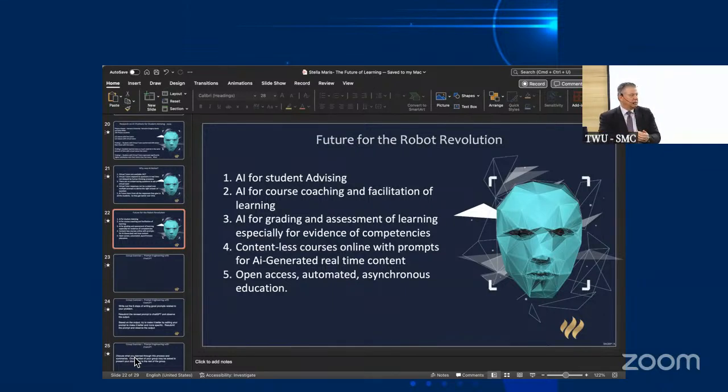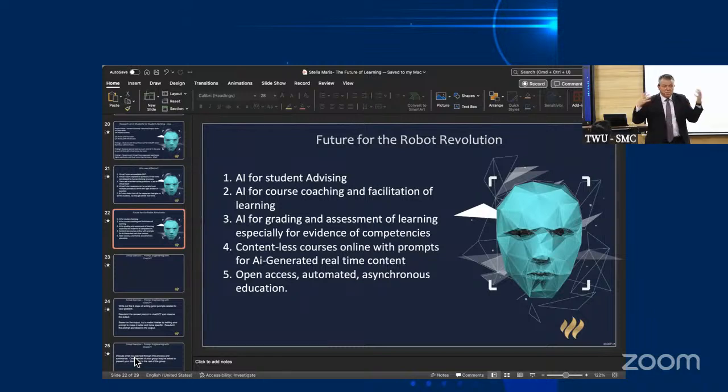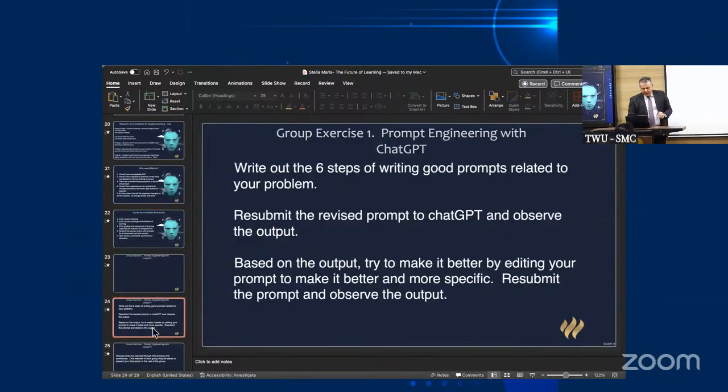Look at the class you take. You take a class, use a textbook. The textbook might be 5 years old. It took 3 years before it was published. That makes sense. 7 or 8 years old. Your professor's knowledge might be 4 or 5 years old. If you had a course that auto creates itself every time it's taught, and it's current every single time for every section. So that's automated, asynchronous education. Students can learn as they need to learn.